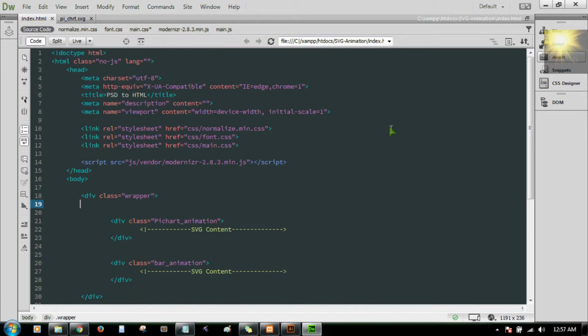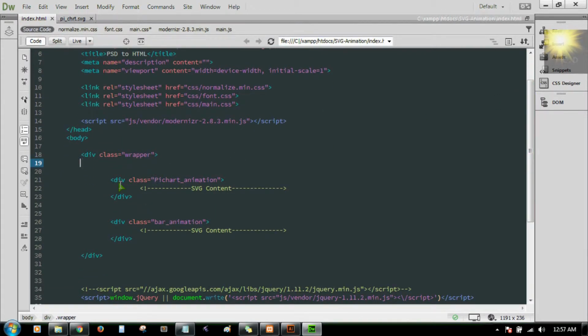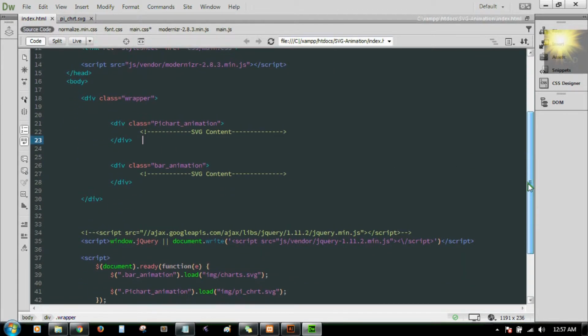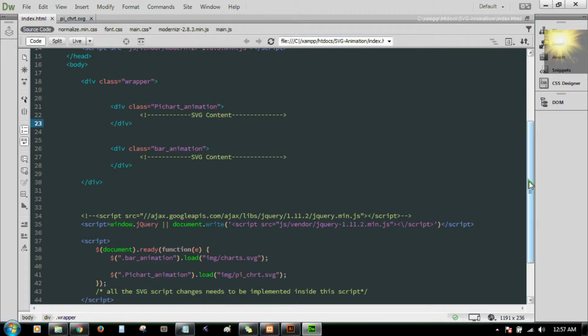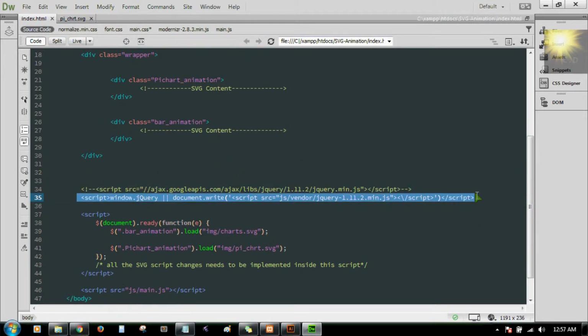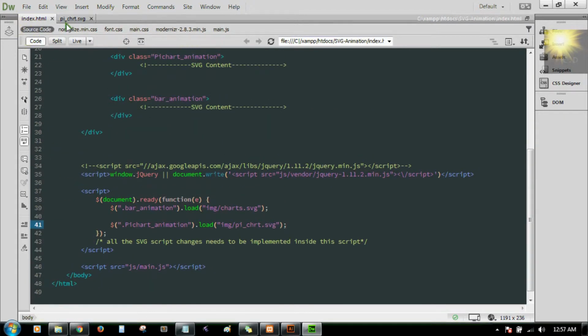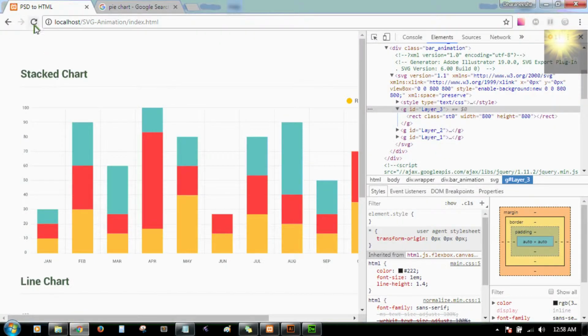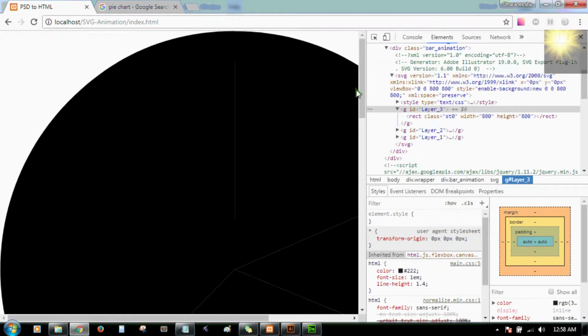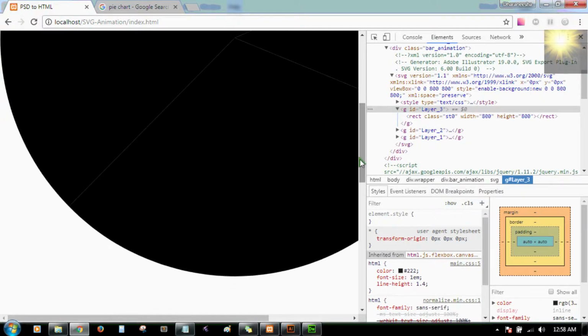So in the source code I already created one div called pie chart animation, and here I have called the jQuery library. After calling this, I have called the pie chart animation and the pie chart SVG file here. This is the pie chart animation class, and inside that I am loading the pie chart SVG file. So I'm just going to save this and check whether it is coming or not. Yes, it is coming,